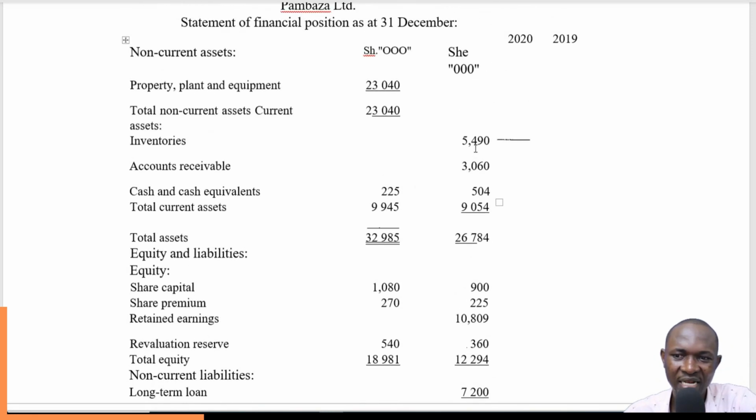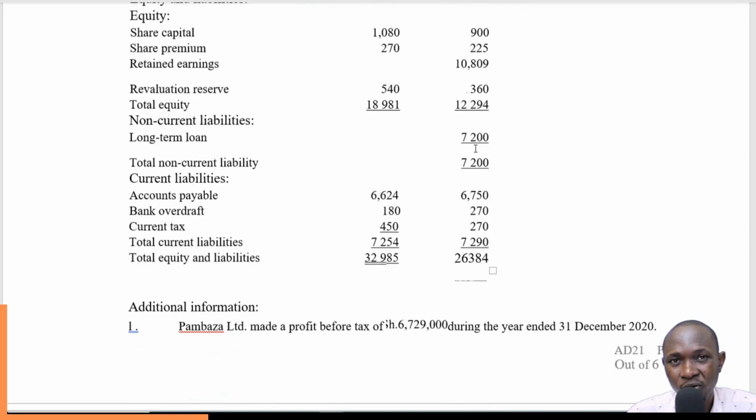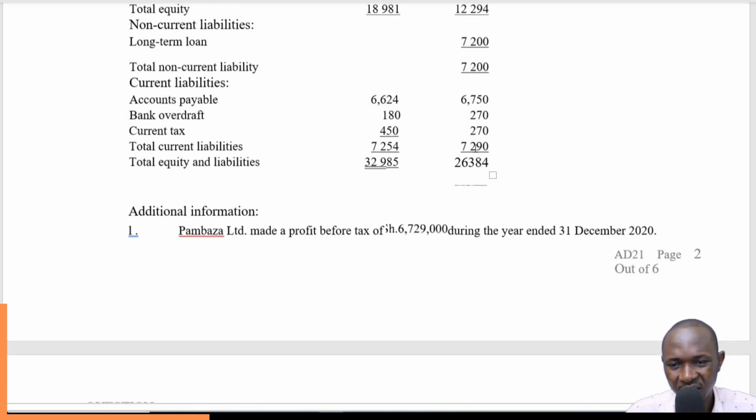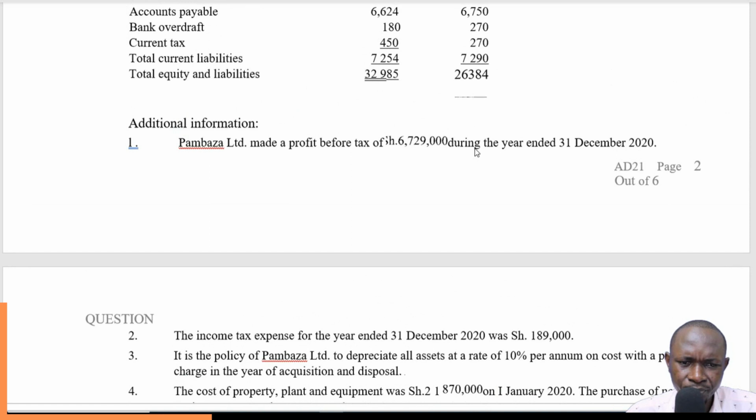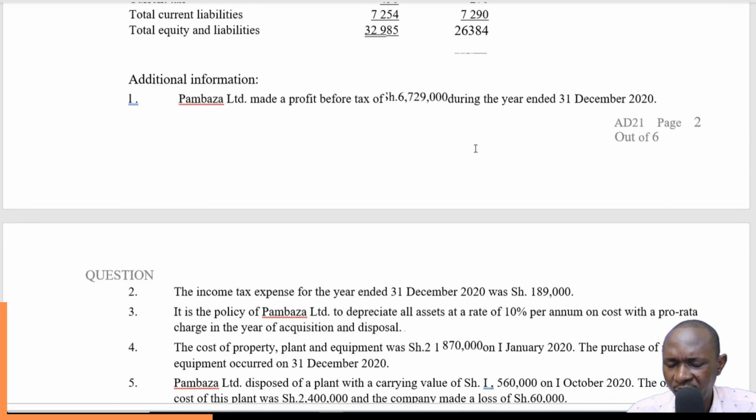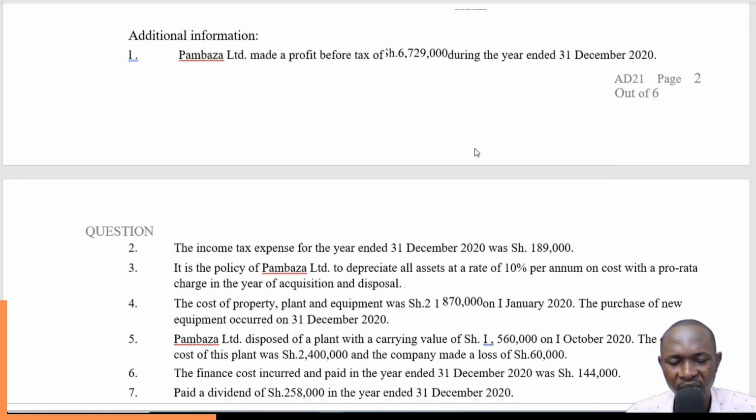So if you see such, I think it's normal. And why we have the 2 different years in the financial position is to allow comparisons, especially when we are working out the differences, to see the increment or a decrease in basically capture the movements in cash operations. So additional information: Pambaza Limited made a profit of